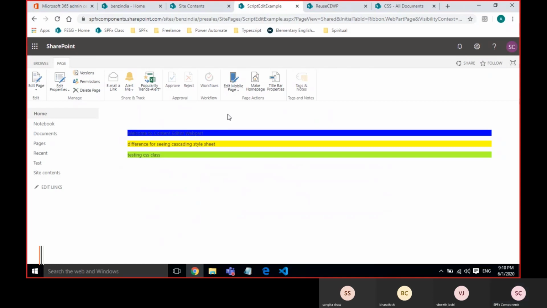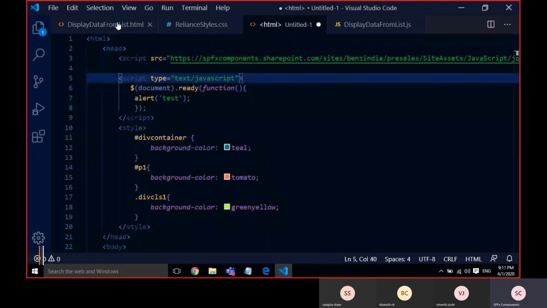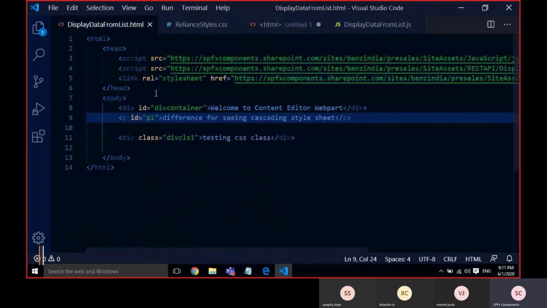That means one file, maybe multiple methods will be there and reuse it. Here also same thing.